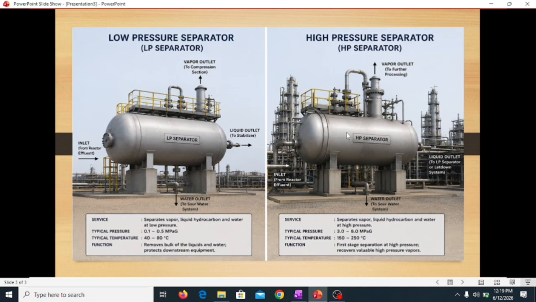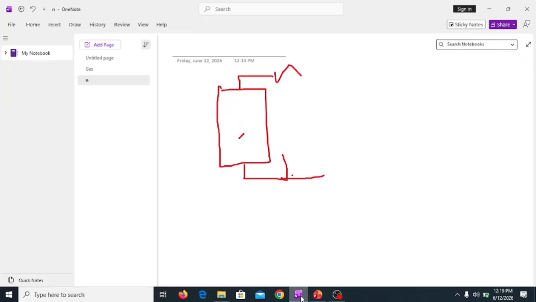our HP separator will reduce the pressure. That means after the gas has been released, the pressure will now be reduced, and then it will dump into this low pressure separator. Let me explain again: once it dumps into the high pressure separator, the gas will be released and the pressure will come down. The pressure will be reduced before it dumps into